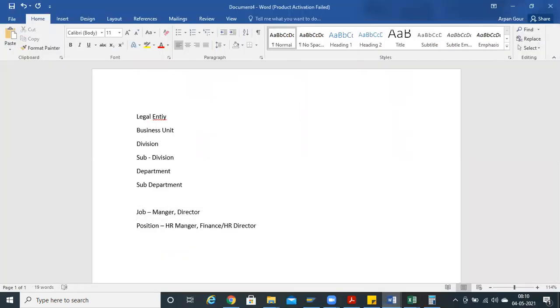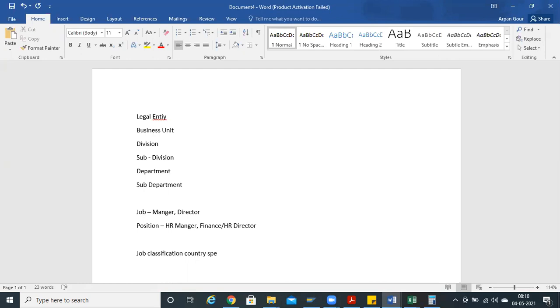So here there is a middleware. First we'll be creating a custom job classification country specific MDF object. If it is already there, then there is no need to create a custom object like we have created in legal entity.